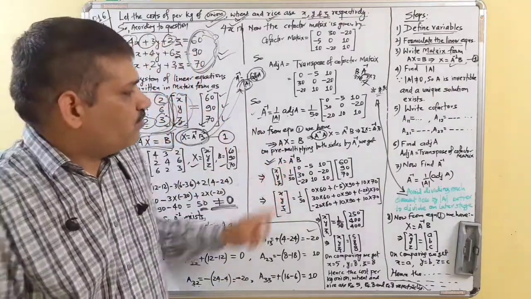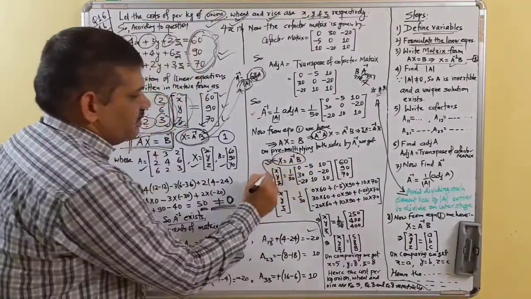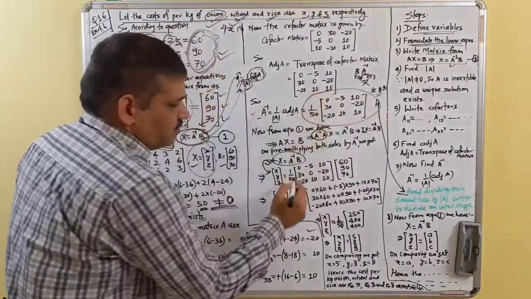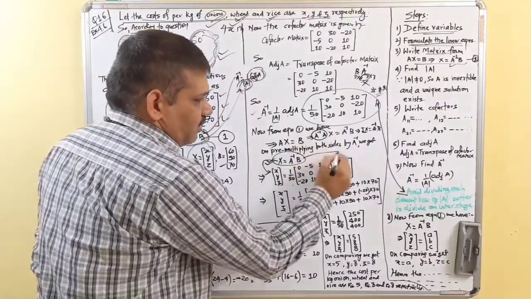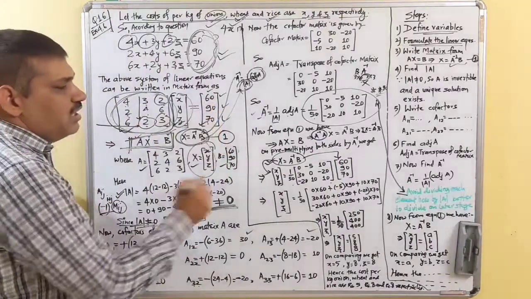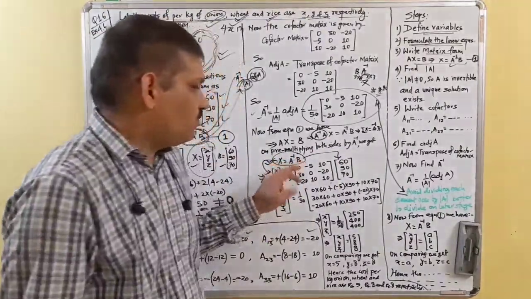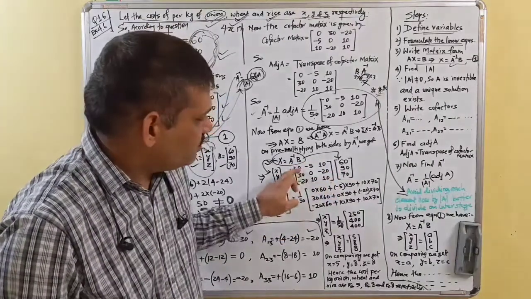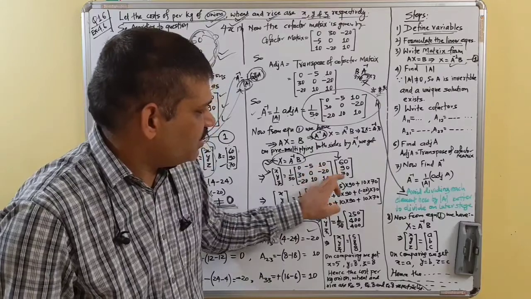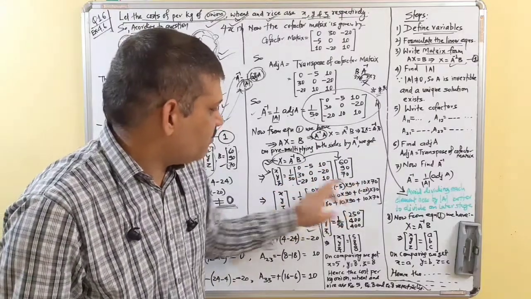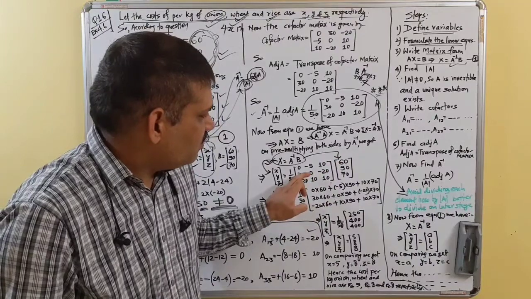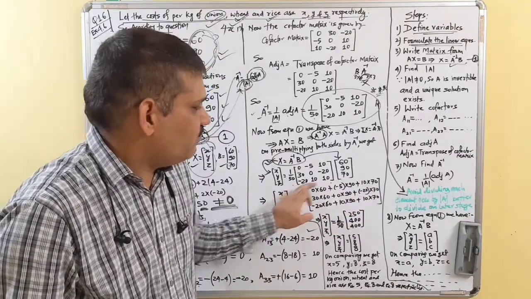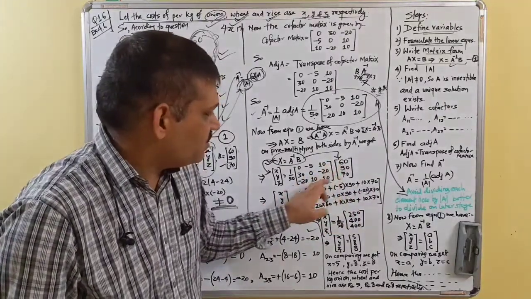Okay. Now just put the value in this. X is XYZ. We have taken X. A inverse is 1 upon 50 times of this matrix, and B is this: 60, 90, 70. Now multiply this. So first row will multiply by first column: 0 into 60 plus minus 5 into 90 plus 10 into 70. In the second row we'll write 30 into 60 plus 0 into 90 plus minus 20 into 70. In the same way, in the third row, this into this plus this into this plus this into this.